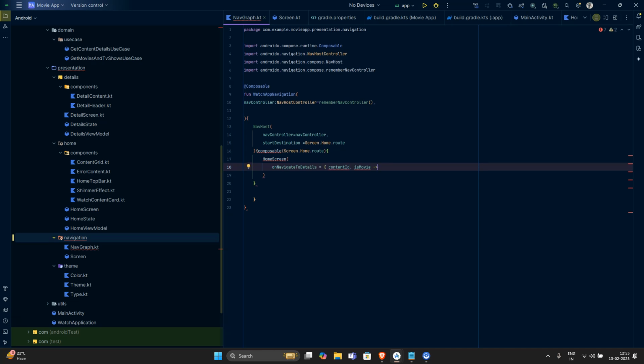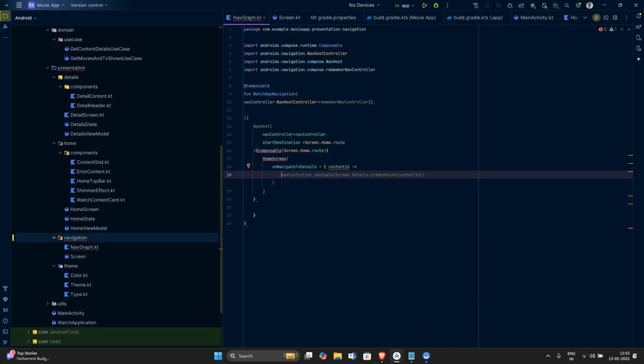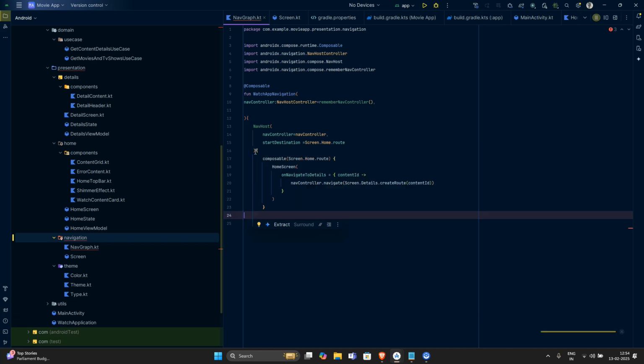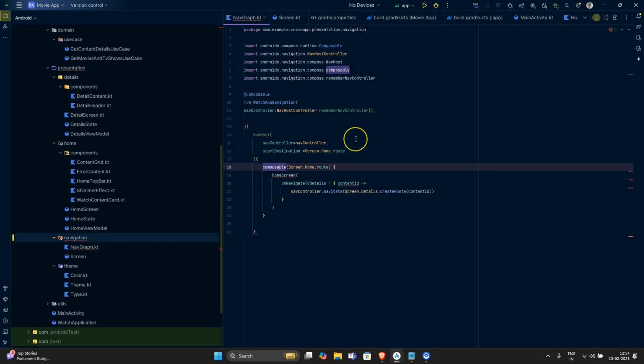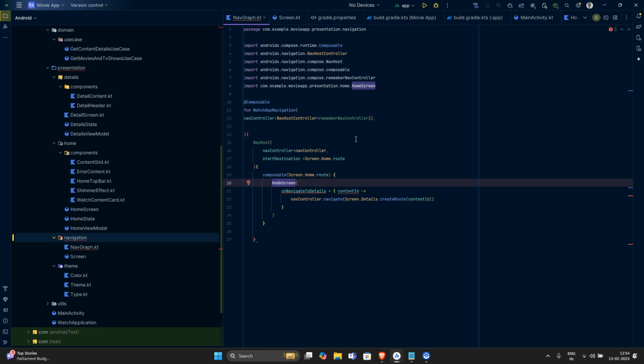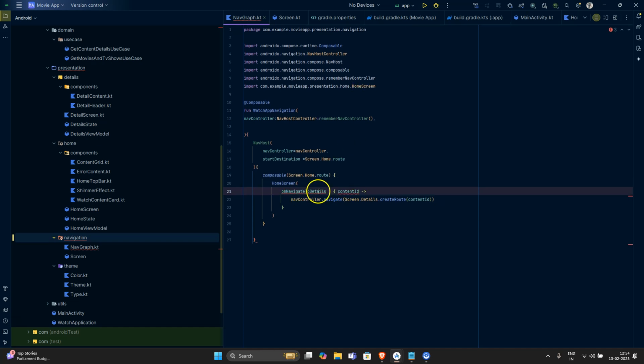Now navigate to details, let's provide it the content ID, and after providing it the content ID, let's have the nav controller to navigate it. Yeah, this is what we want. Nav controller, navigate to detail screens. Yeah, let us import this composable and import the home screen, and to navigate to details. Yeah,